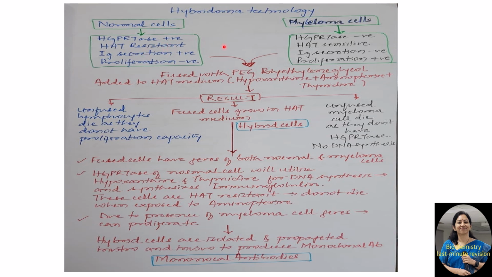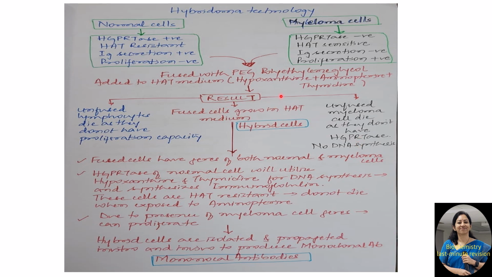Now these two cells, the normal T cells of the mice, are fused with the myeloma cells of the mice using polyethylene glycol, and after fusion they are added to this HAT medium, which contains hypoxanthine, aminopterin and thymidine. So what will be the result? We'll have unfused lymphocytes, and they die because they do not have the capacity to proliferate, and unfused myeloma cells in the culture media also die because they do not have the HGPRTase enzyme, so there is no DNA synthesis. Only fused cells